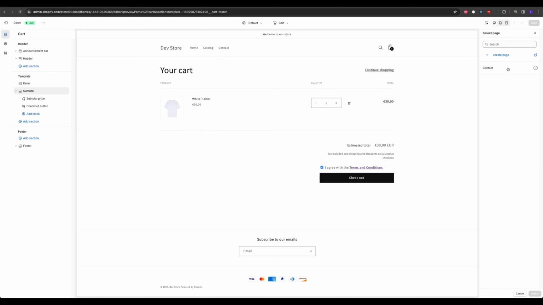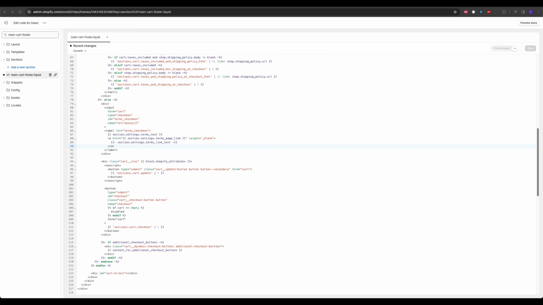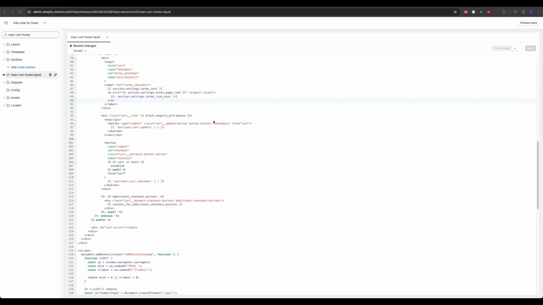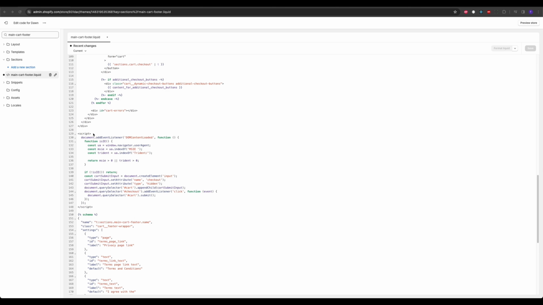I only have contact page yet because it is demo store, but in your situation, I assume that you have more pages and you can select the privacy page or whatever page you want. Now I'm going to include JavaScript code that stops users from accessing the checkout page unless they've checked the terms and condition checkbox. So I need to scroll down a little bit, and here you can see script tag,